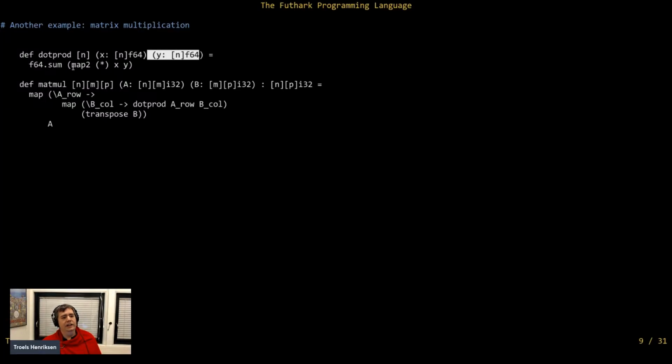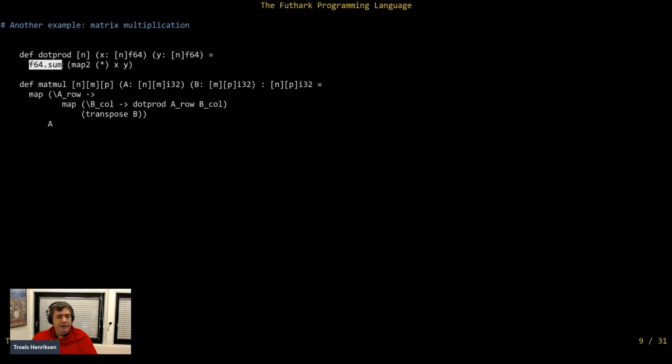And then I do an element-wise multiplication of those components. So the first element gets multiplied with the second element and so on, using a function called map2, which is just a library function built on top of the fundamental map function. So this is something that you could write yourself. It's just simultaneously mapping on 2 arrays at the same time. And then you sum the result of that. That is just a dot product.